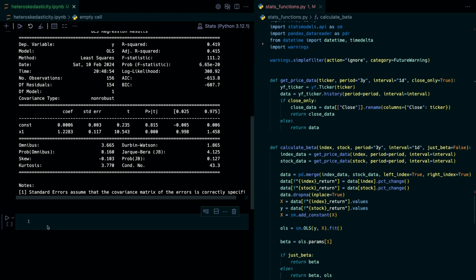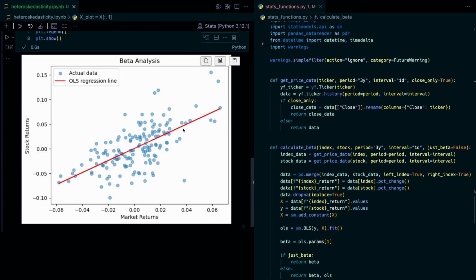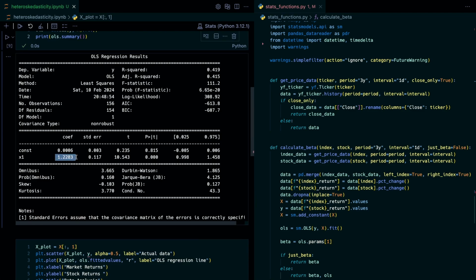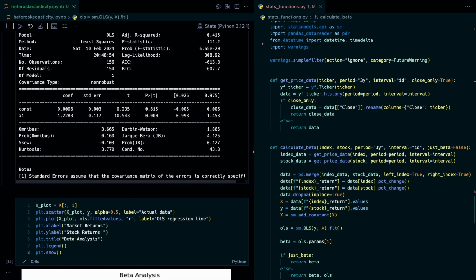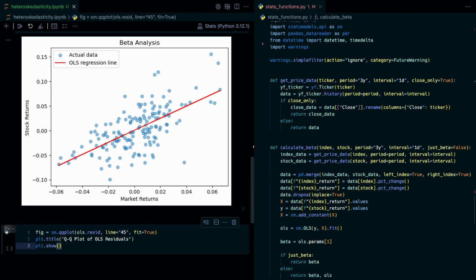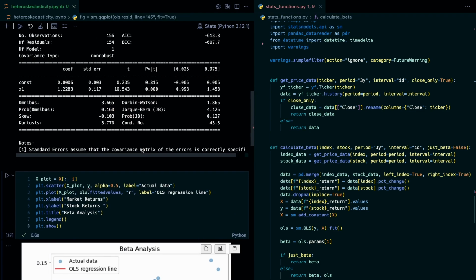So we're going to create two plots initially, one for our regression right here. As you can see, it's a positive beta, and our beta is around 1.2. And then we can plot our residuals and their distribution using a plot called the QQ plot right here. This 45-degree line is a normal distribution, and our points are the residuals on that normal distribution. As you can see, it's relatively close to a normal distribution,